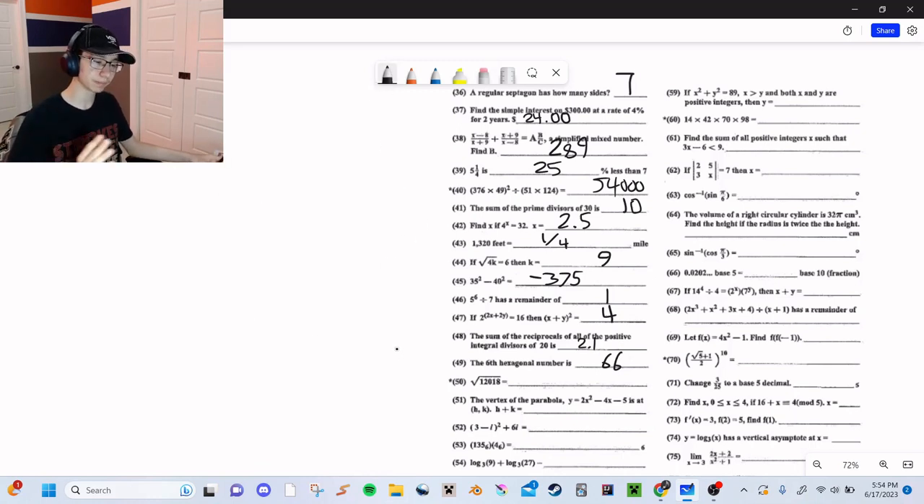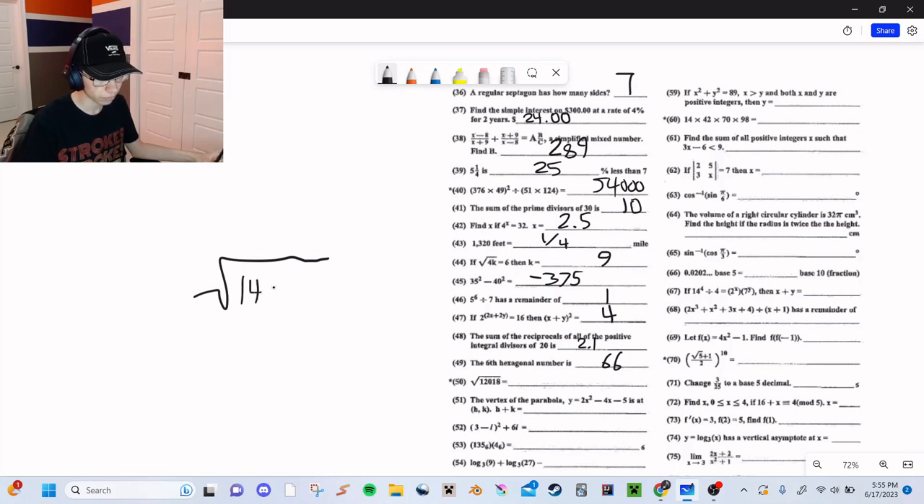Okay, number 50. So here's a trick to estimate the square root of any number. I'll show you guys. So let me make an example question first. Let's try 14,519. And I want to get an estimate of this number. So how can I get an estimate? The trick,